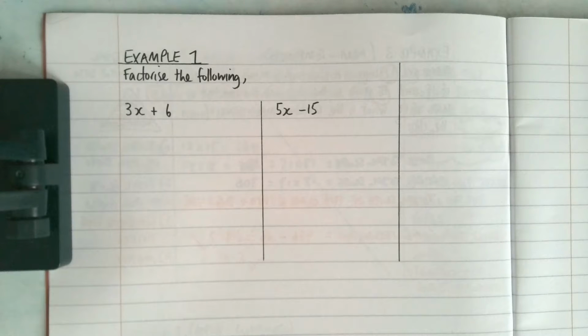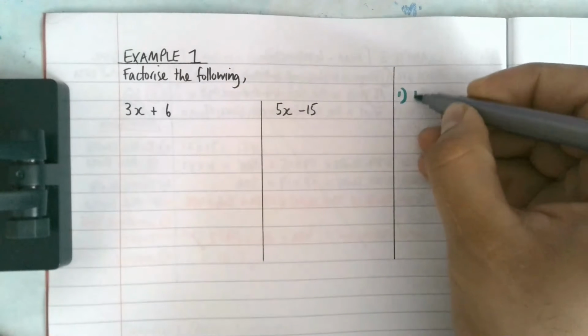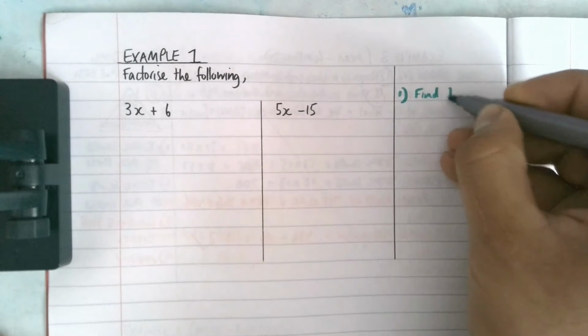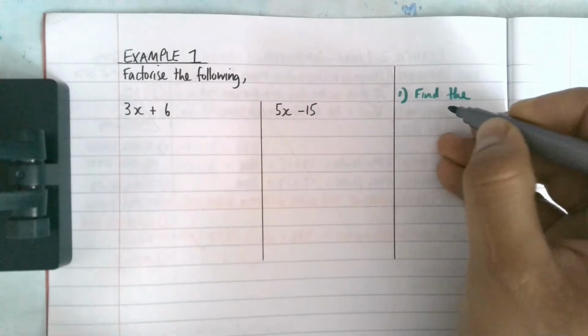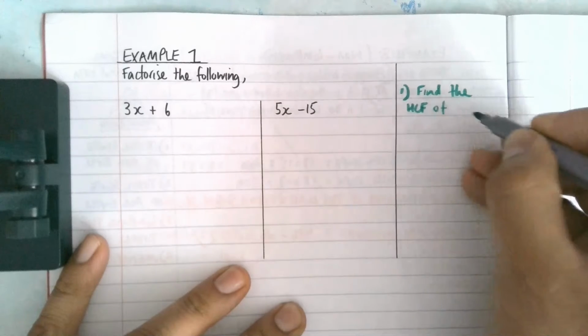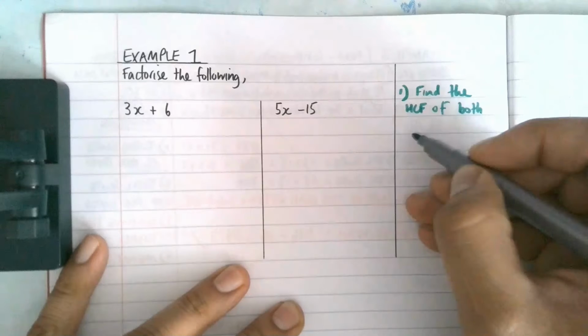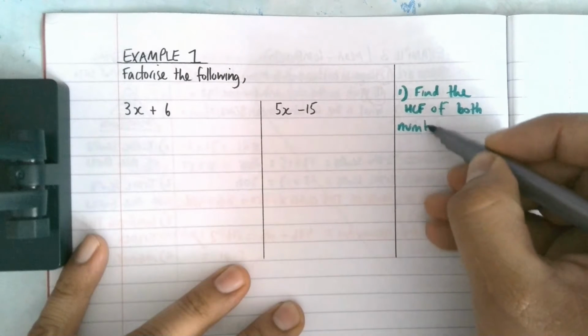We're going to be factorising 3x plus 6 and 5x minus 15. And to do that, we're going to look for the highest common factor of the two numbers in the expression. So the example on the left, for 3x plus 6, where the highest common factor of 3 and 6 is